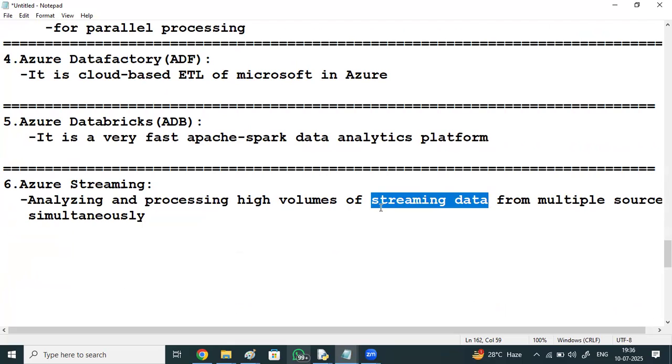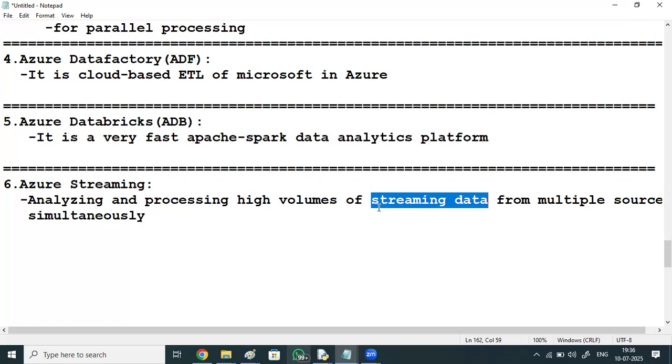For example, if you have downloaded a file, an MP4 movie file, in the morning it is 2 GB, in the afternoon 2 GB, in the evening 2 GB, after 2 days still 2 GB. It is static.